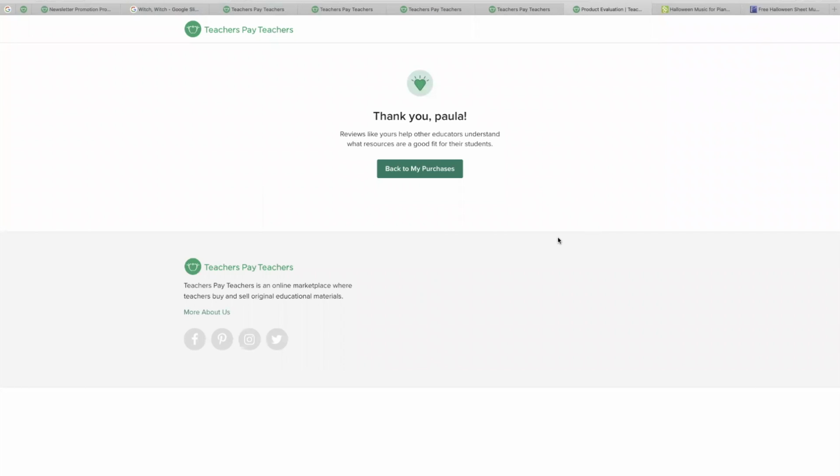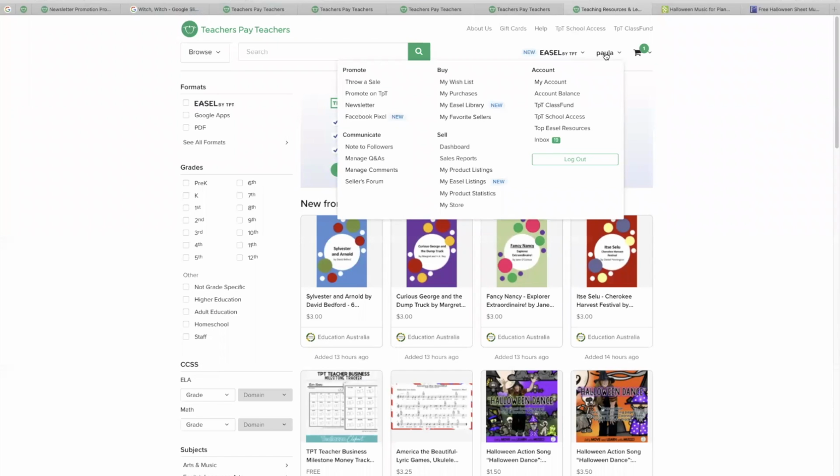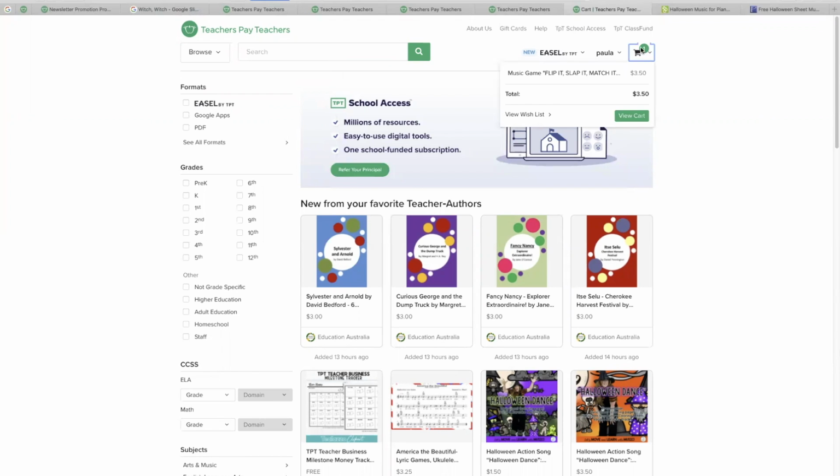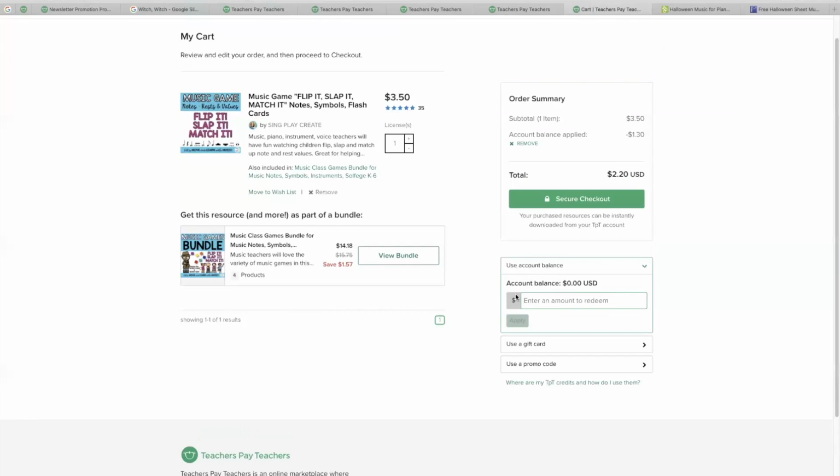Okay, so now, instead of going back to purchases, I'm going to go over to my cart. Okay, and now it's showing me that I have this item, this Flip It, Slap It, Match It music game for notes, rests, and note values, and I have an account balance of $1.30. So I will be paying $2.20 instead of $3.50. So I'm going to use the whole thing. So I'm going to put $1.30, apply, and now it says $2.20. So all I have to do is check out